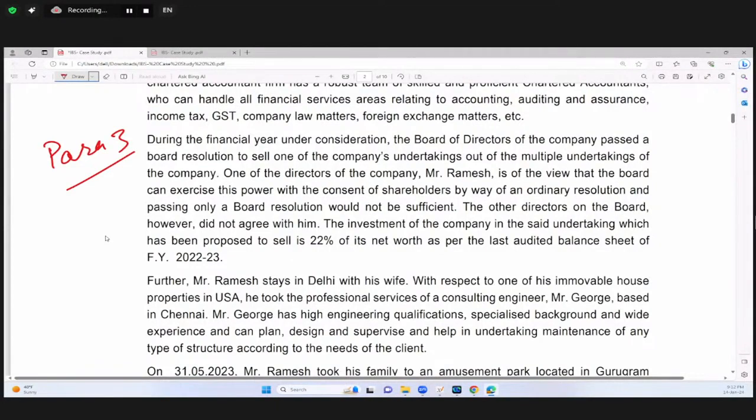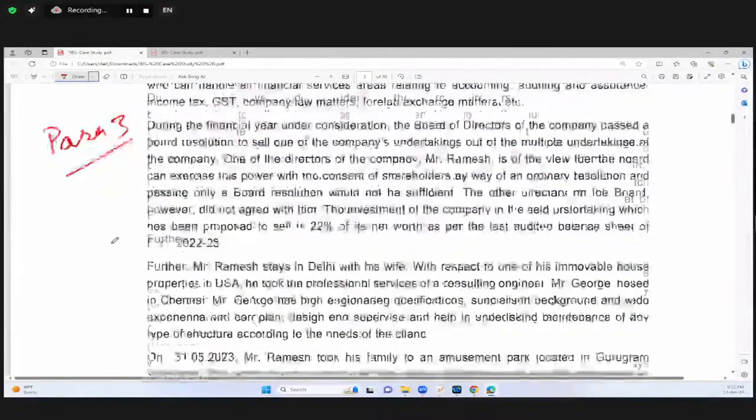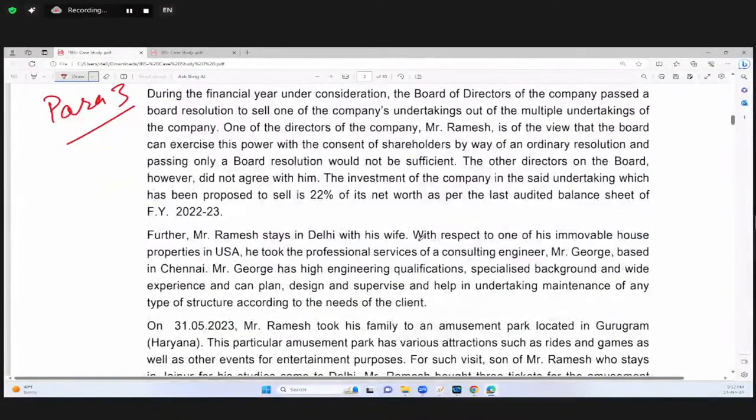for the purpose of law। ये स्टूडेंट्स, फर्दर मिस्टर रमेश stays in Delhi with his wife with respect to one of his immovable house properties in USA। अब हाउस प्रॉपर्टी का यहाँ पे जब आपको रेफरेंस आएगा तो आपका इनकम टैक्स में हाउस प्रॉपर्टी की तरफ, इनकम अंडर दैट हाउस प्रॉपर्टी की तरफ ध्यान चला जाएगा। और यहाँ पे हाउस प्रॉपर्टी अगर आ जाएगी तो आगे पढ़ते हैं क्या,